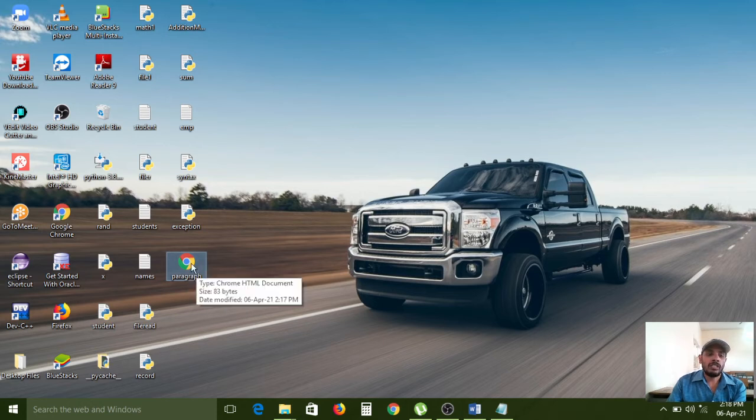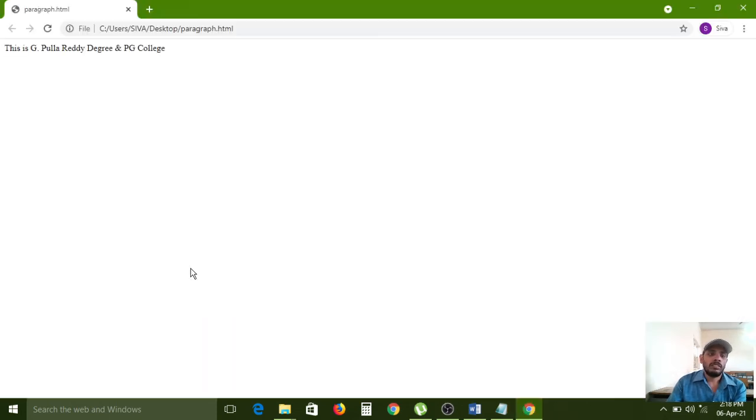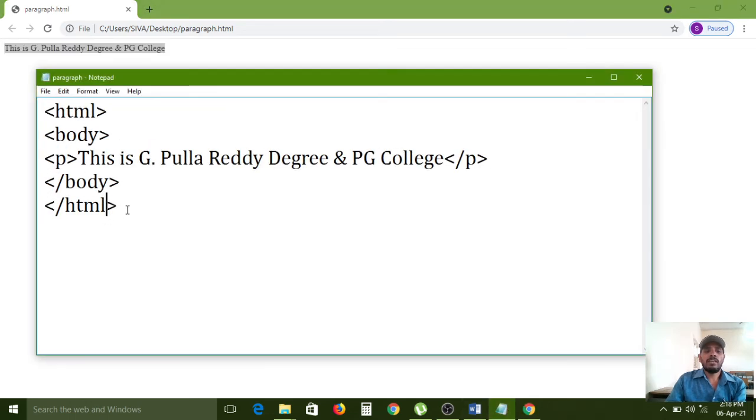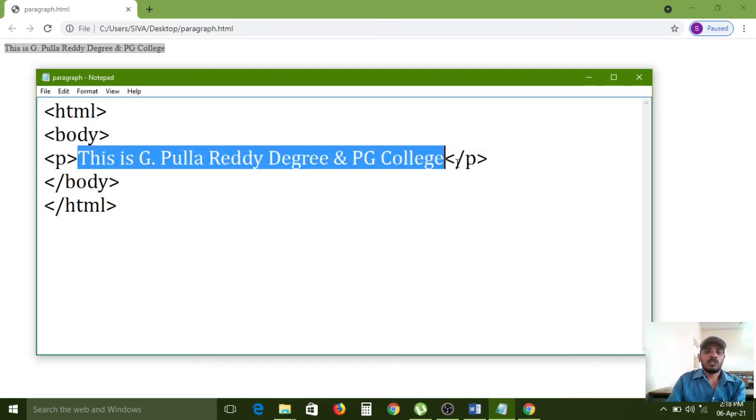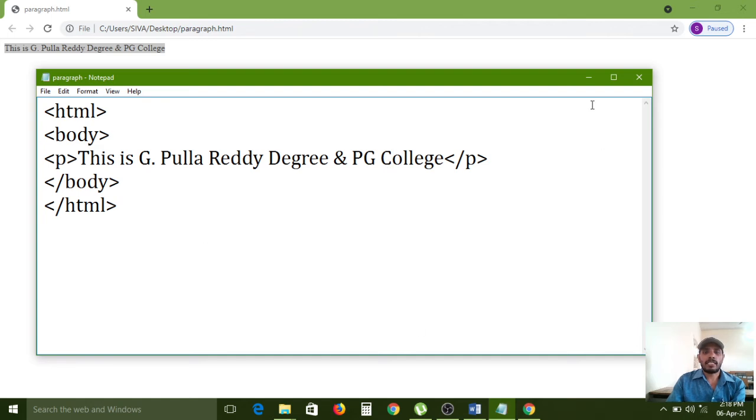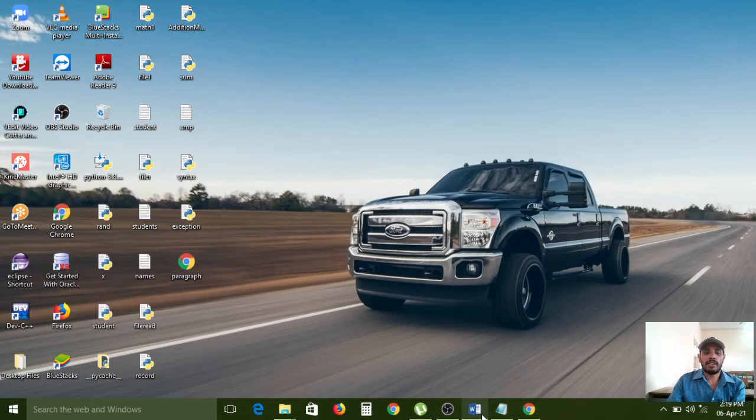Now if you want to execute this file, immediately keep the mouse on that and double click. Automatically it will open a Chrome window. All of you carefully observe. Only a single line it is presenting now, but the remaining tags are hidden. So the tags are intimating the browser that only this information needs to be printed on the screen in paragraph format, because here we use a paragraph. So text within the text means a paragraph tag is also one of the text, in between which plain text we have configured. A text within the text is called hypertext.